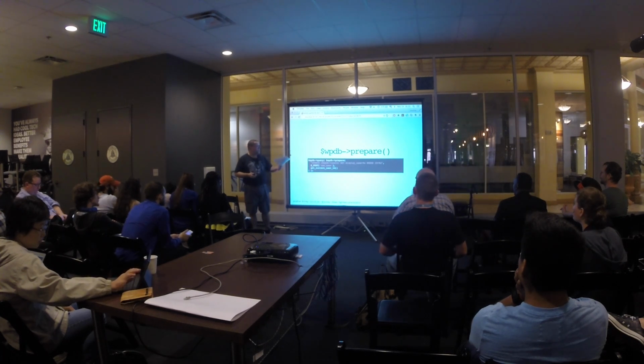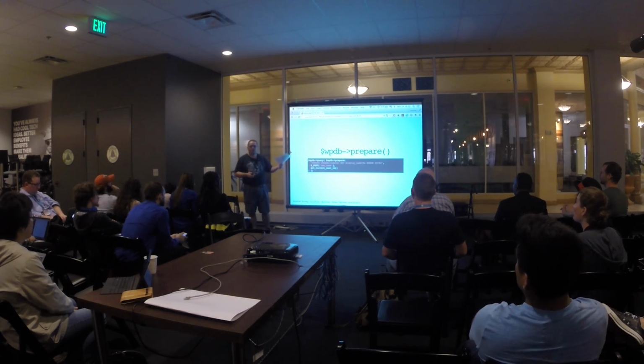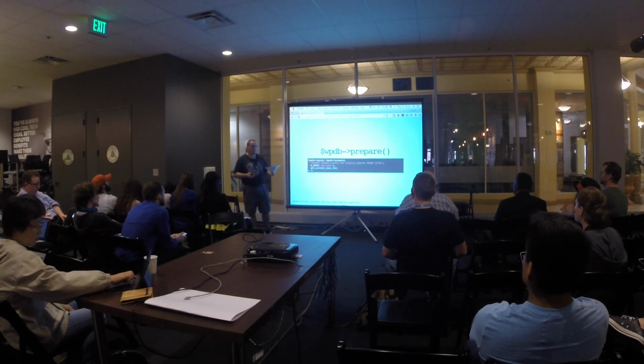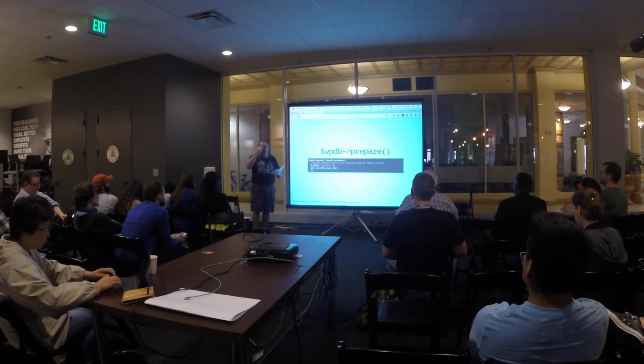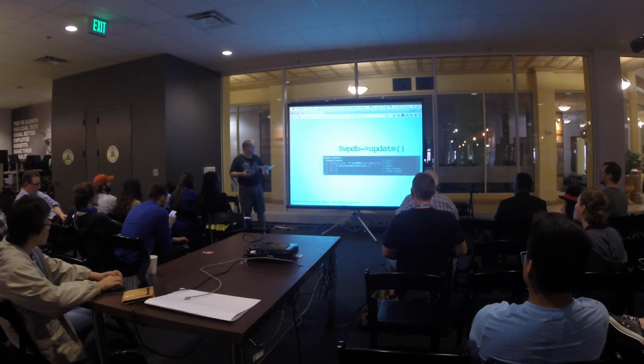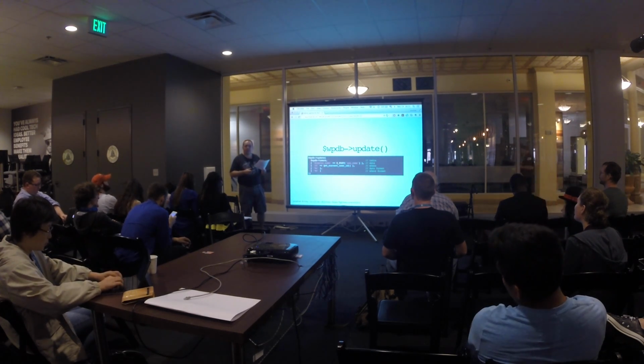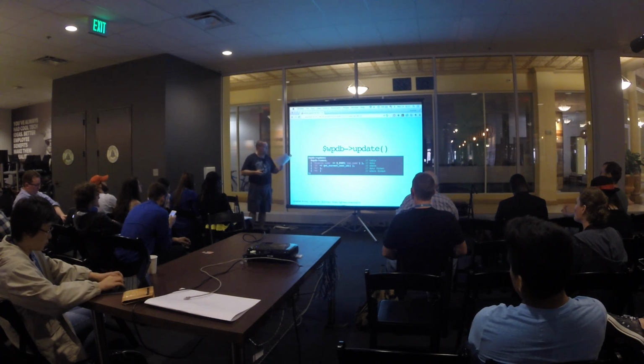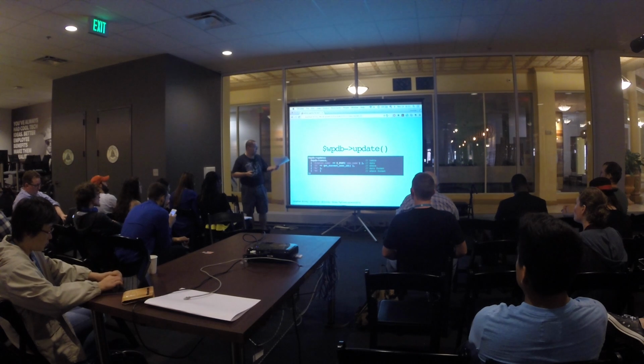One thing to note with $wpdb->prepare is you don't actually need to put quotes around any of your placeholders, because WordPress will take care of that for you. Even better than prepare when you're making an update statement is $wpdb->update. You don't even have to write your own SQL. You just tell it the table, you tell it which fields you're updating, and you tell it what conditions you need for updating it and how to format that data.